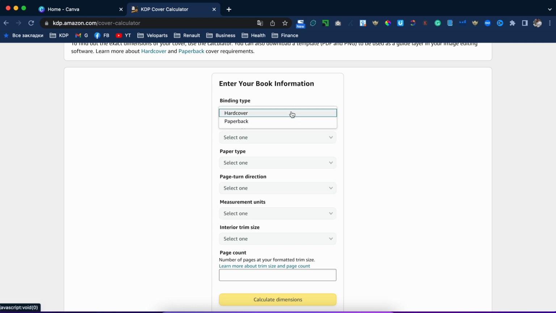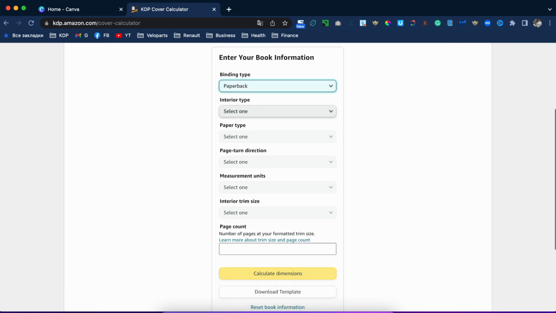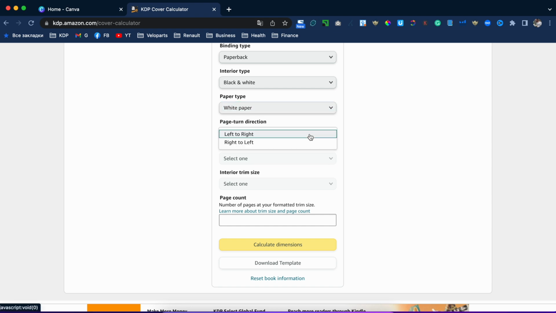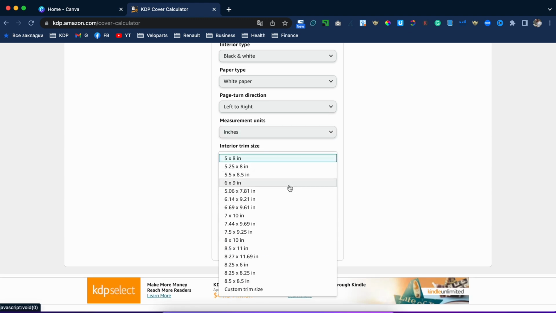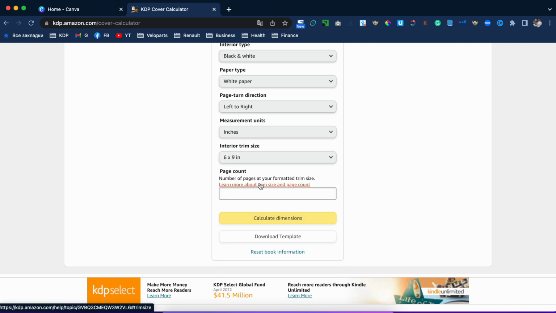So select paperback, it's our book. Interior type black and white. Select type white paper. Left to right. Measurements inches. Okay. And trim size. Now we selected 6 by 9 inches.